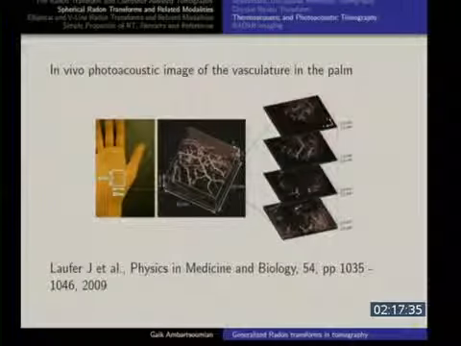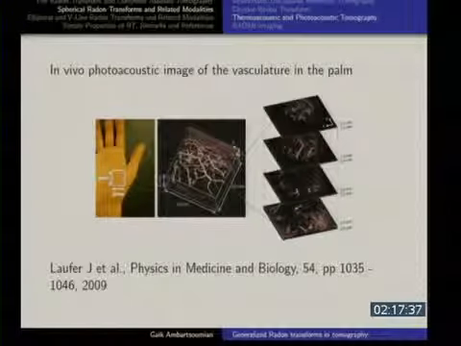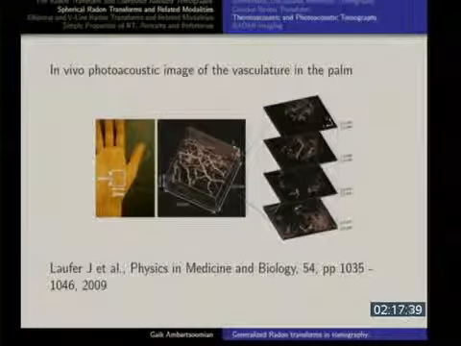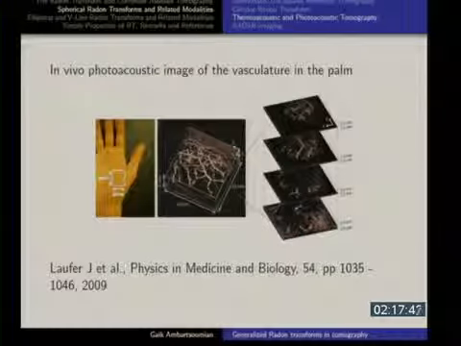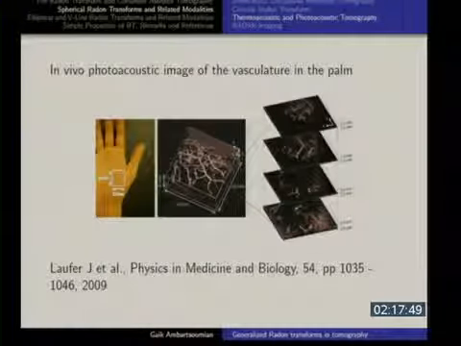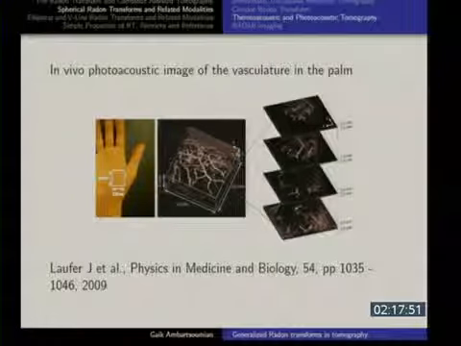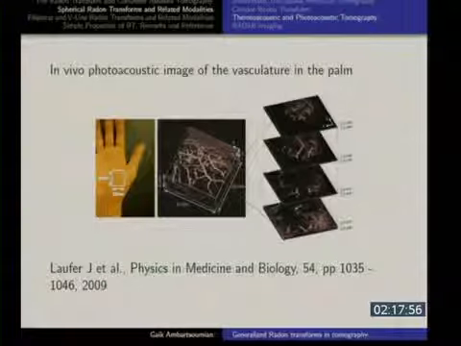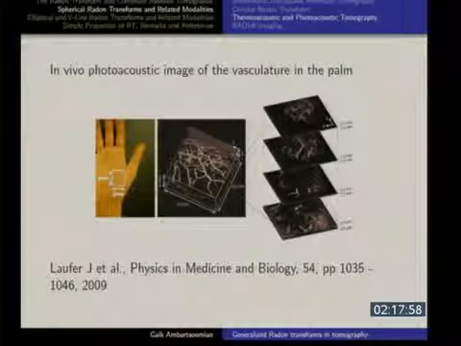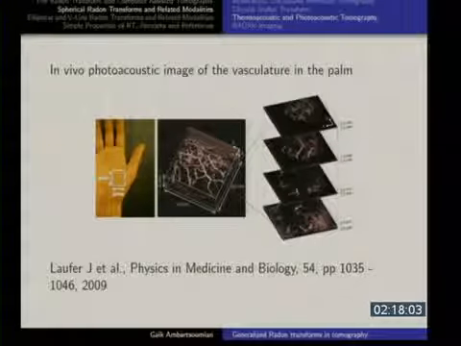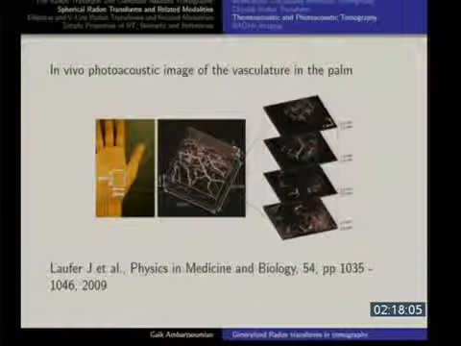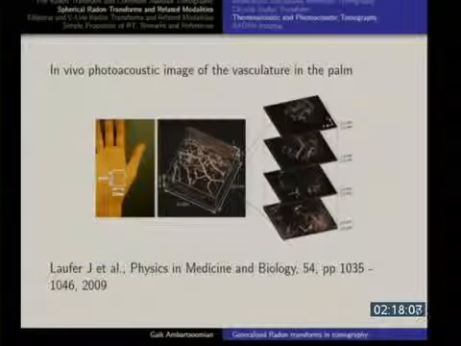Here's an image of the same technology of a hand, of this piece of the palm of the hand, and you can see all the blood vessels. This is done by a group in London, and this is about 5 millimeters thick. The resolution here is 1 millimeter, and you can see the blood vessels at the level of 1 millimeter thickness. Nowadays, I have seen results where they claim they can go all the way to nanometers with this technique. So the contrast and the resolution they can get with this technique is absolutely amazing.